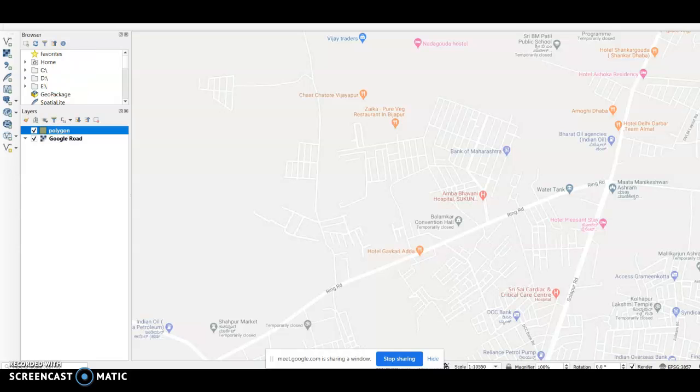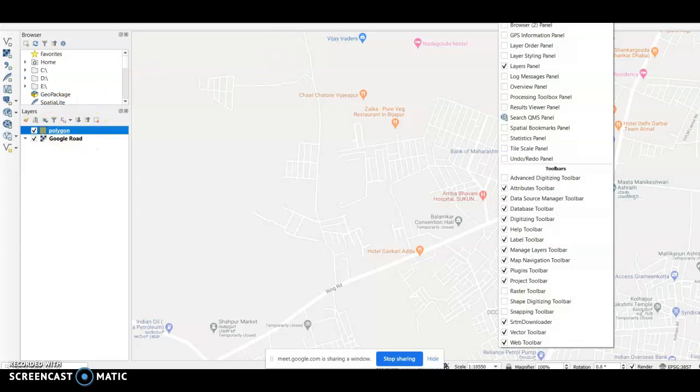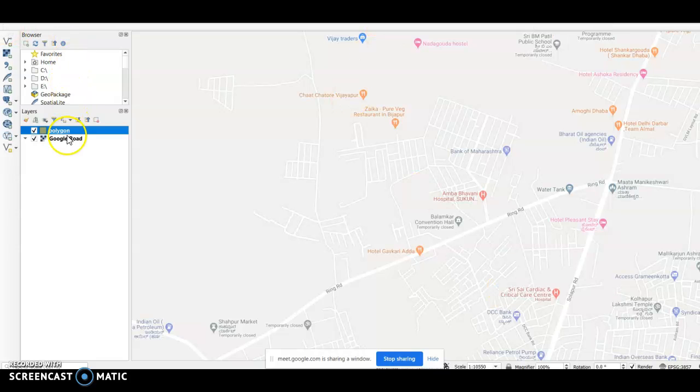Now you click on that polygon and click over here on the pencil button. You search for where you have this pencil button. If you click on this pencil button, then you can see this polygon is editable. You can start editing it now.